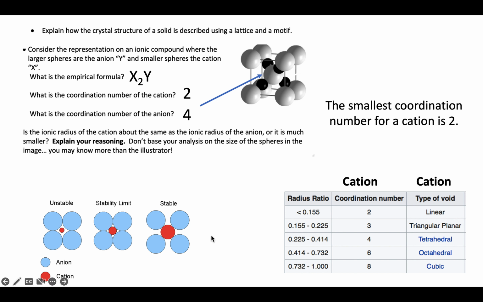Several folks had nice images discussing what that meant, reproducing this image like you see on the left. My train of thought is if the coordination number is only 2, that's the absolute minimum we have, which means that the size of the cation relative to the anion is very, very small. So that would be my overall analysis here. It built on first seeing what the coordination number was and then interpreting the small coordination number of 2.